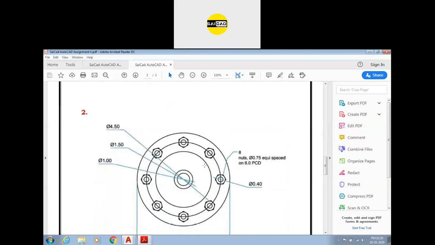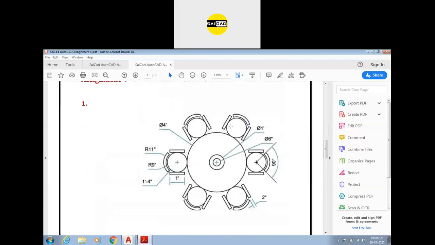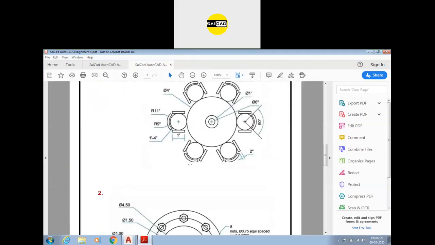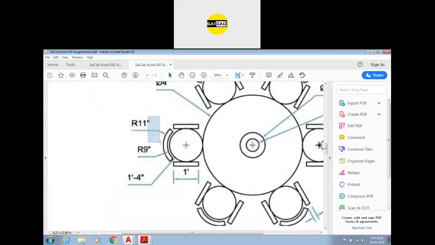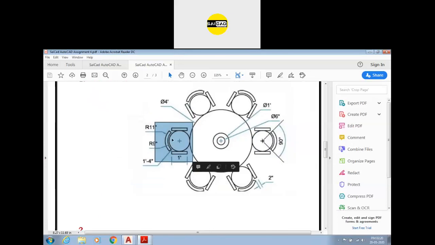We have the second option. You have to create it as a block. After creating this object, you have to create it in the block, a single block. After that, the block will be only this one. All the parts of this chair will be a block, and after that you will have to apply the array on that block.